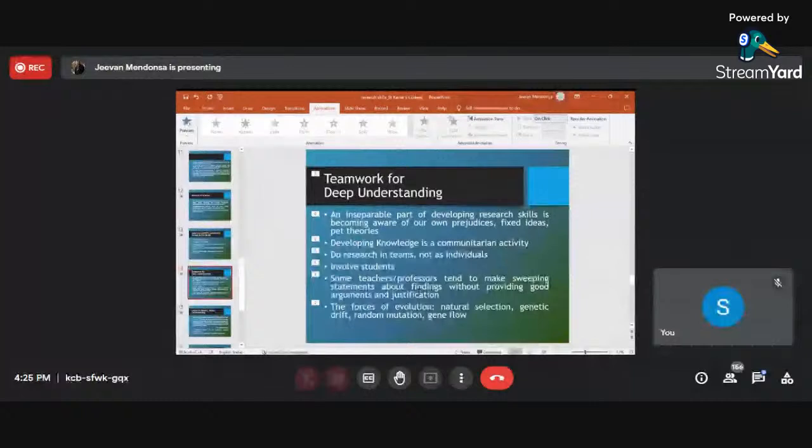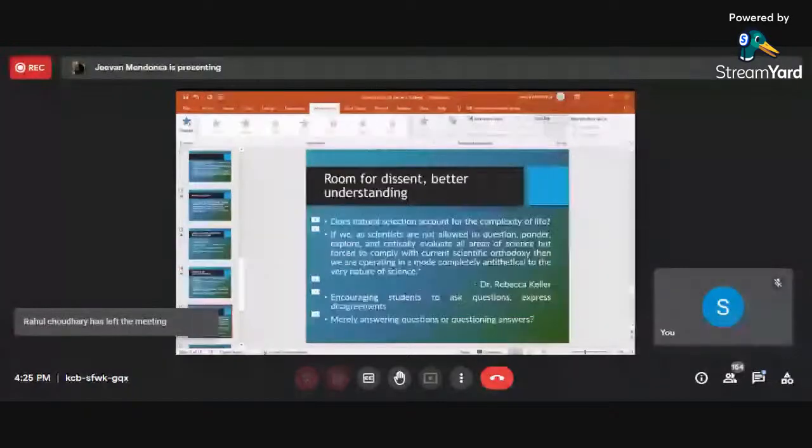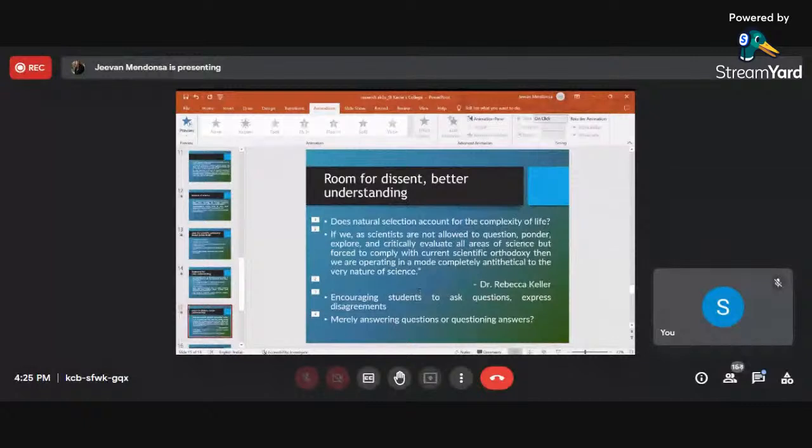So I'm just giving the example. This example can be applied to any field of research, any field. It is important to have a deep understanding. If we do not have a deep understanding, it is not possible to do research. So even a theory which is an established fact or an almost established fact, like natural selection, the theory of evolution, there are some scientists who are questioning it. And therefore, as I'm saying in the title of the slide, there should be room for dissent.